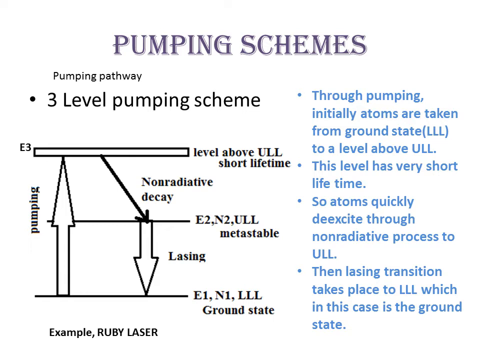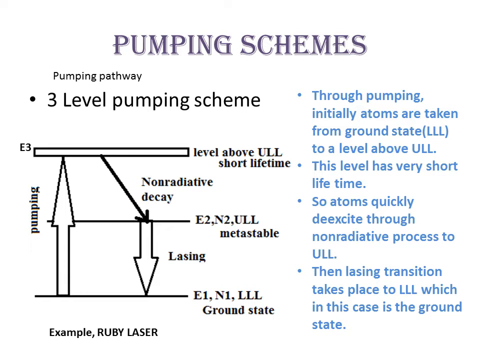So that scheme is referred to as the 3-level pumping scheme. 3 levels are involved, which means we will be making use of 3 levels of the active centers of that laser system. Ruby is an example of a 3-level system. There will actually be many energy levels of chromium, but in order to have this laser action, we'll be making use of 3 levels of the chromium atoms or chromium ions.